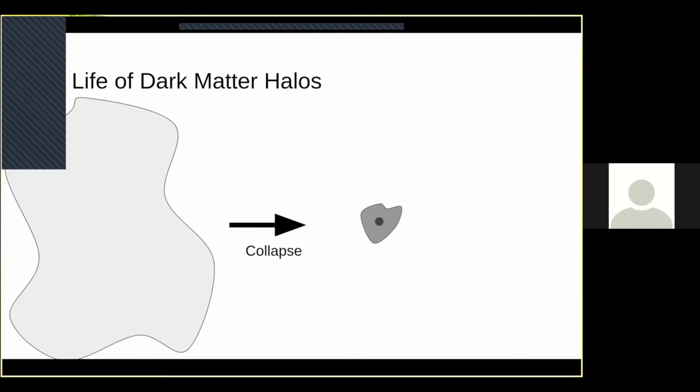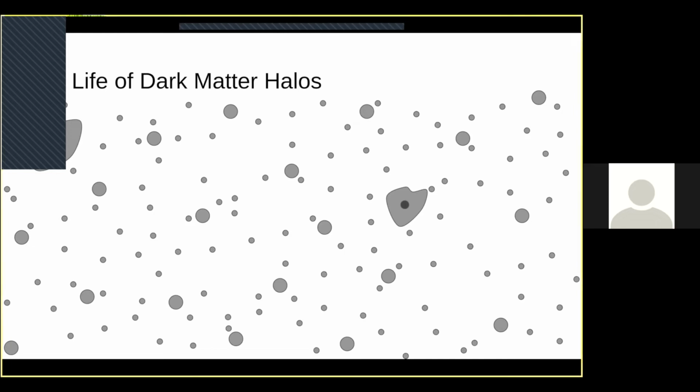But the thing about gravity is that if you have any region which is a little bit more dense than its surroundings, gravity tries to pull it together. And eventually, if you give it enough time, and the universe has nothing but a lot of time, it collapses into a dark matter halo. And so what ends up happening is if you have a really big fluctuation, you can form a really big dark matter halo. But these will be rare. They'll be separated by a lot. And in between them, you'll see smaller dark matter halos. And in between those, you'll see even smaller dark matter halos.